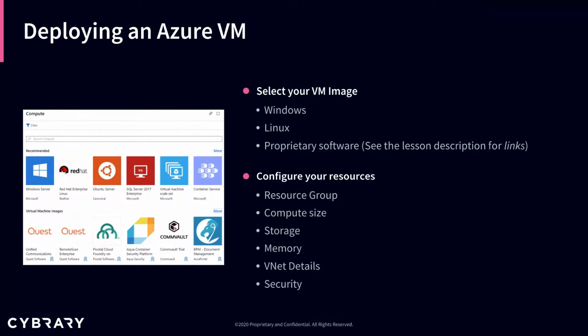You will select first your operating system. Of course, since this is a Microsoft solution, you have Windows operating system. But Microsoft also provides Linux operating system and also a lot of proprietary software. So what that really means, and you will see that in the screenshot and we'll show it to you in the demo as well, is that when you are trying to install a virtual machine, there are a lot of different options available, such as we talked about container service, but you actually have almost pre-built virtual machine images